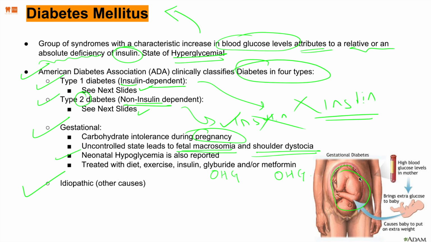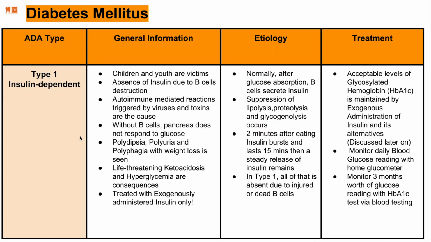So now attention to this diagram here. In a pregnant woman, when there's high blood glucose levels in the mother, it brings extra glucose to the baby. Fair enough? Which causes the baby to put on extra weight, causing fetal macrosomia and shoulder dystocia. Perfect. Let's move on to type 1 insulin dependent,